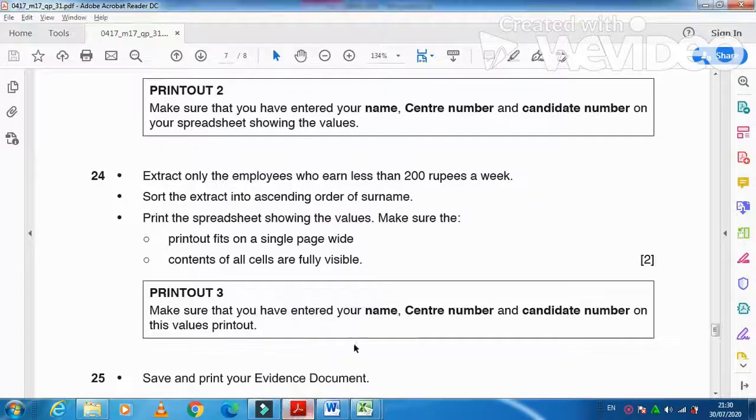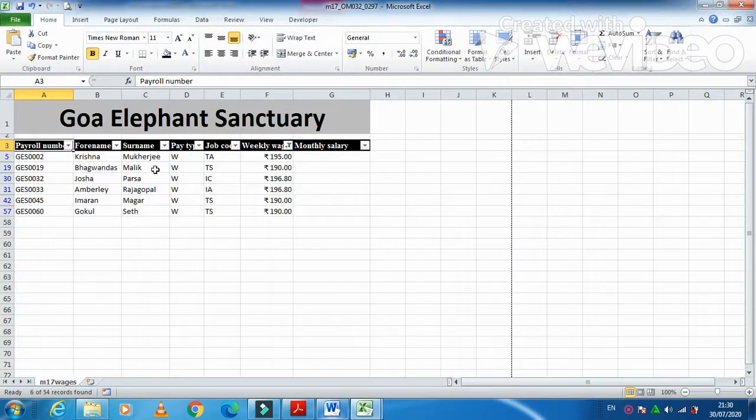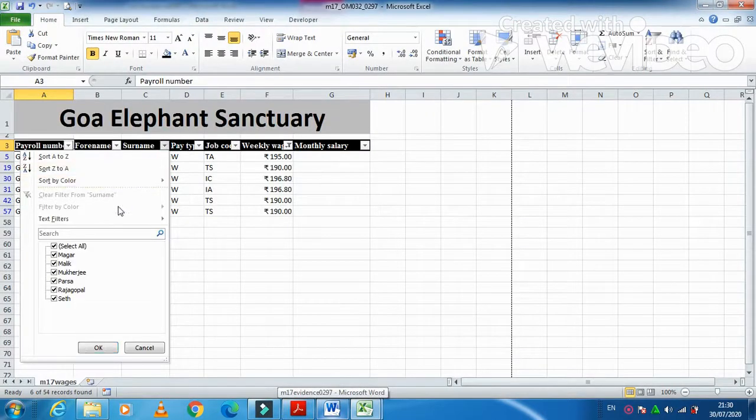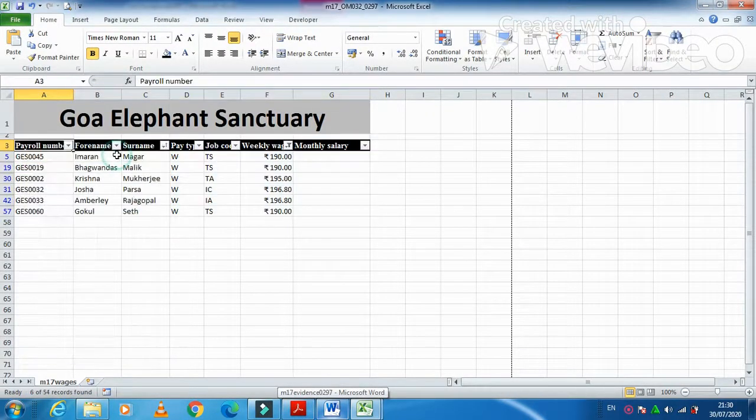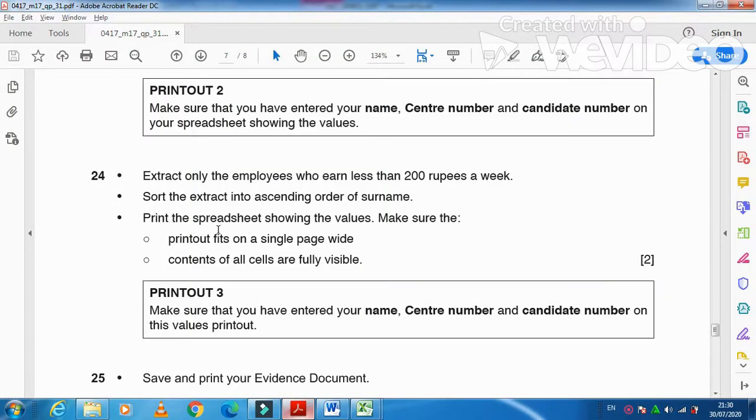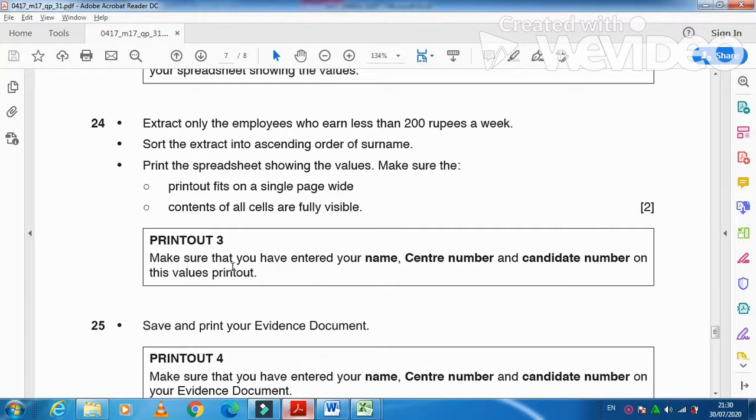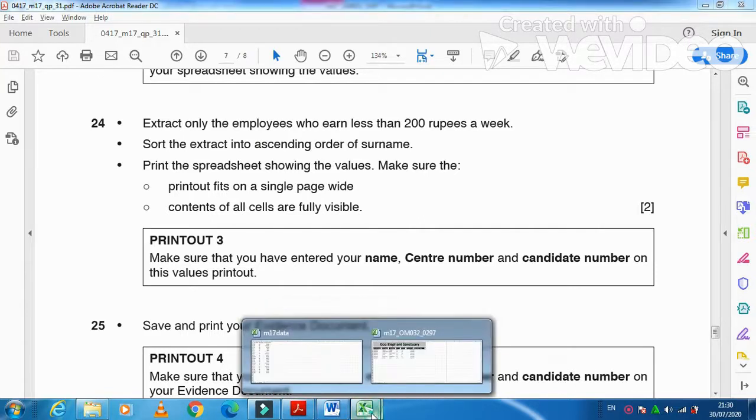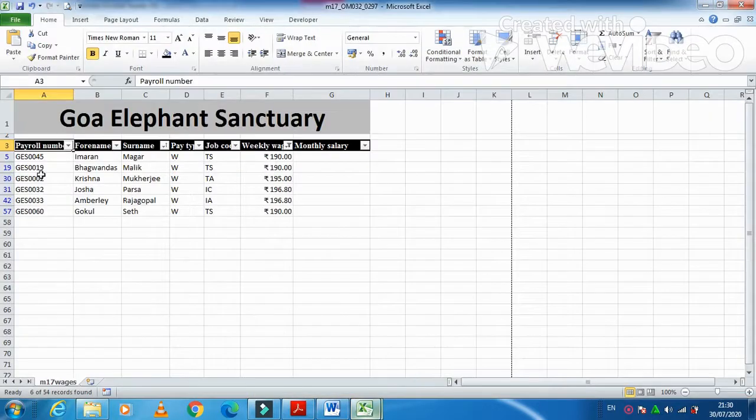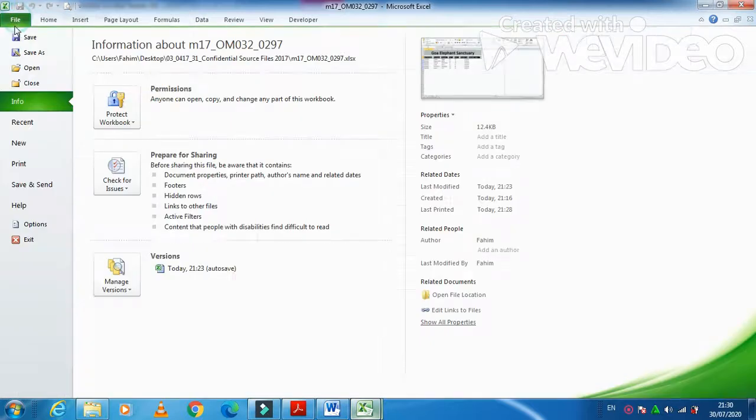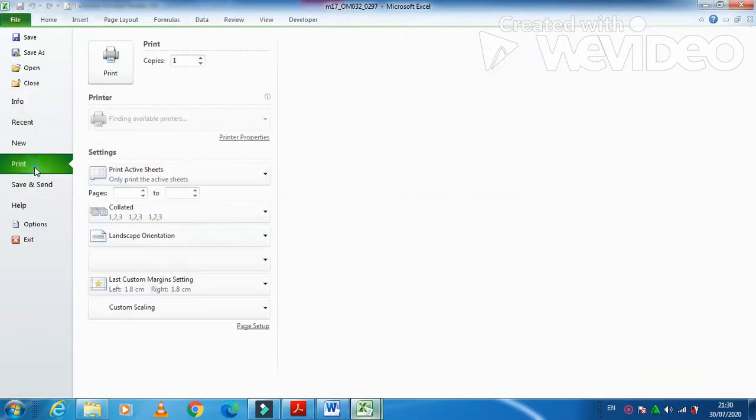This is done. And then they have mentioned to sort the extract into ascending order of surname. Ascending order of surname. And then they have mentioned here to print the spreadsheet showing the values. Make sure that the printout fits on a single page, all the contents are visible, and then you need to print this one as well. So definitely when you click on home and then click on print,